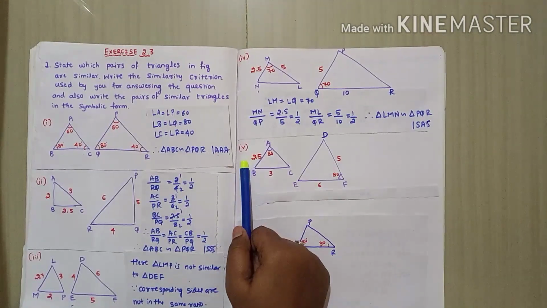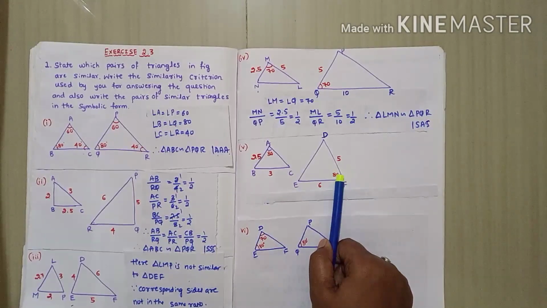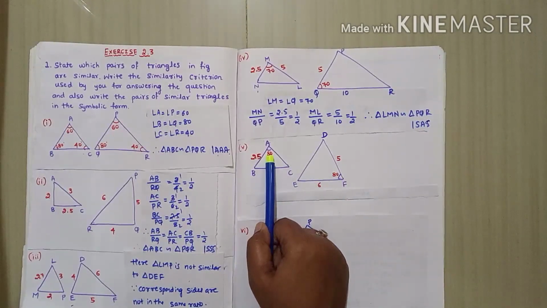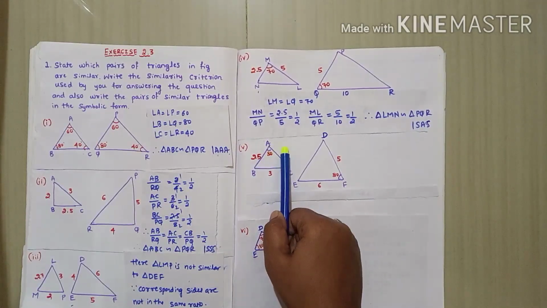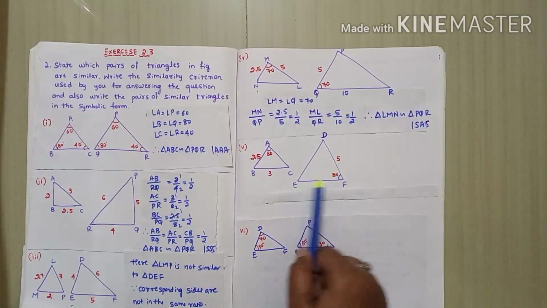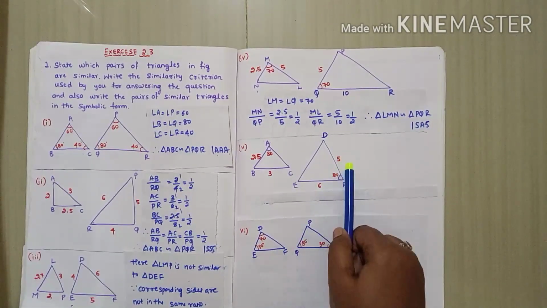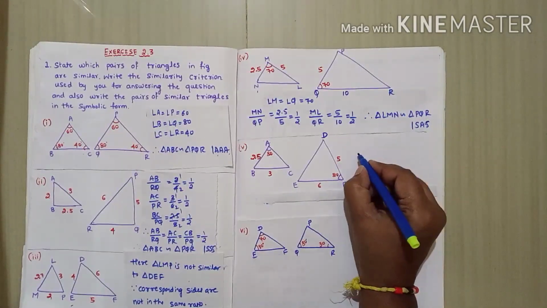Now we'll see the fifth sum. In the fifth sum, you observe one angle is given as 80 degrees. Including this angle, which are the two sides here? AB and AC. AC they did not give here, but in the other triangle, including the 80 degree angle, FE and FD are the sides, and they have given those sides. Here they did not give this side. Therefore these two triangles are not similar triangles.